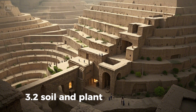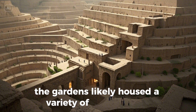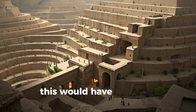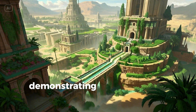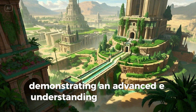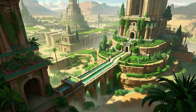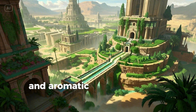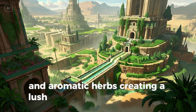2. Soil and plant transportation. The gardens likely housed a variety of exotic plants, trees, and flowers not native to Babylon. This would have required importing fertile soil and sustaining a balanced ecosystem, demonstrating an advanced understanding of botany and agriculture. Plants may have included palm trees, fig trees, date trees, and aromatic herbs, creating a lush oasis in the middle